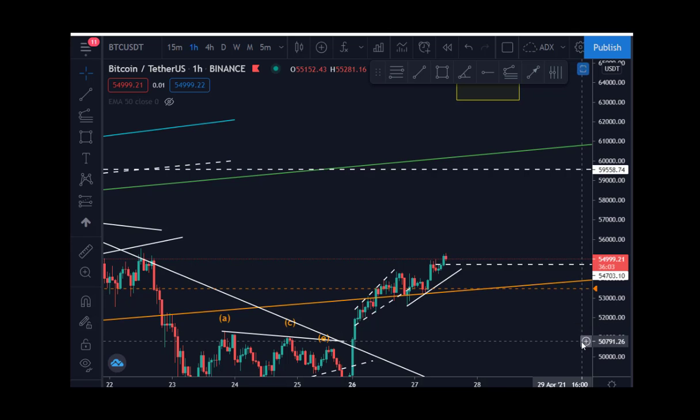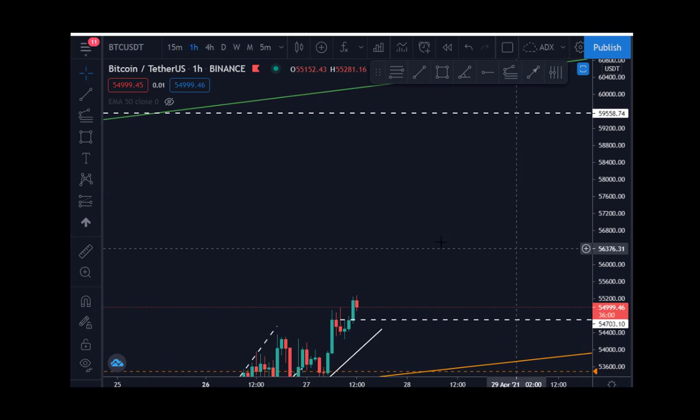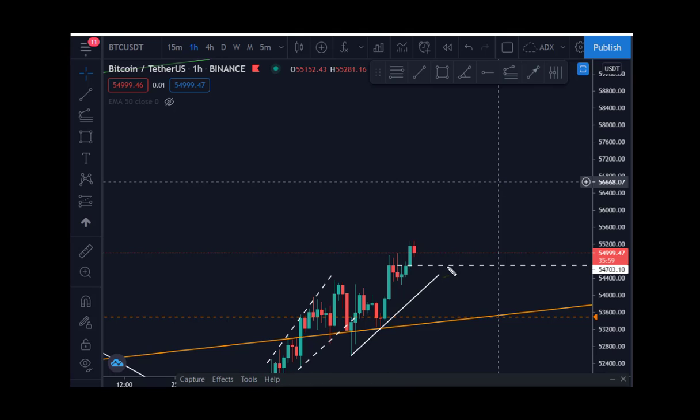Now what we'll be expecting in a nutshell is that we're expecting this wave to be completed. Maybe this might decide to be a running flat, in case this is not completed, because we have seen here a contracting flat. This contracting flat most times is always confusing. Nobody knows whether it's breaking up or breaking down, but it might decide to make another running flat here, completing this, and there we have a clear picture of where we are going.